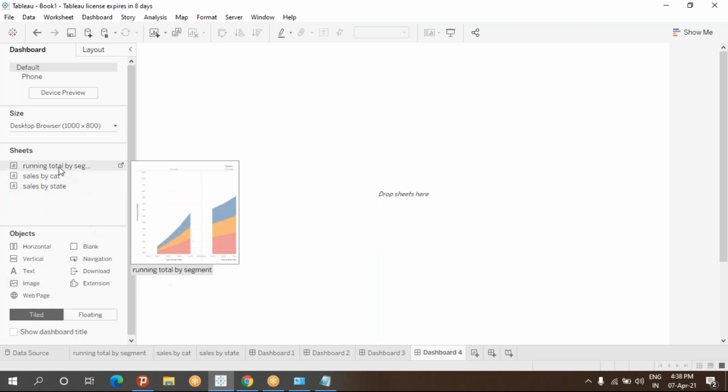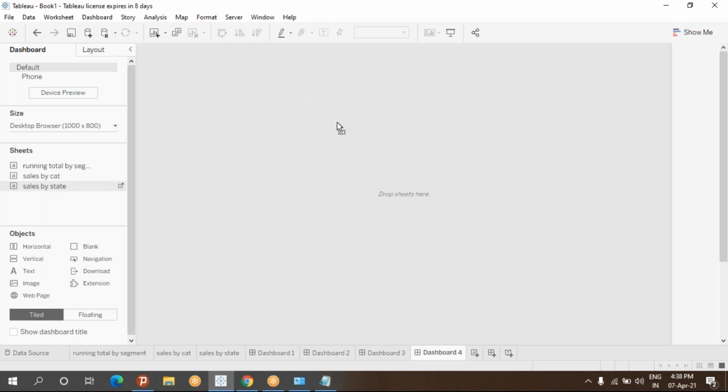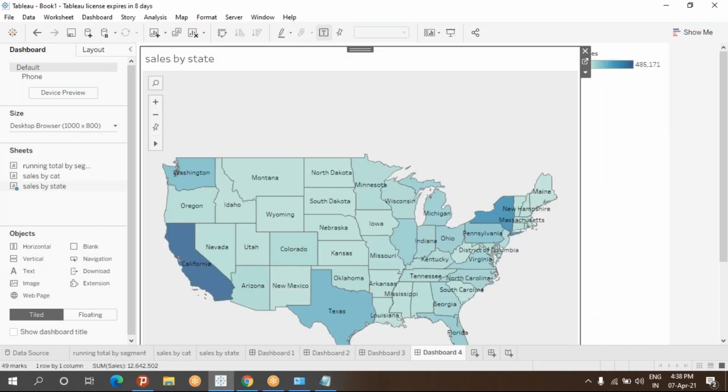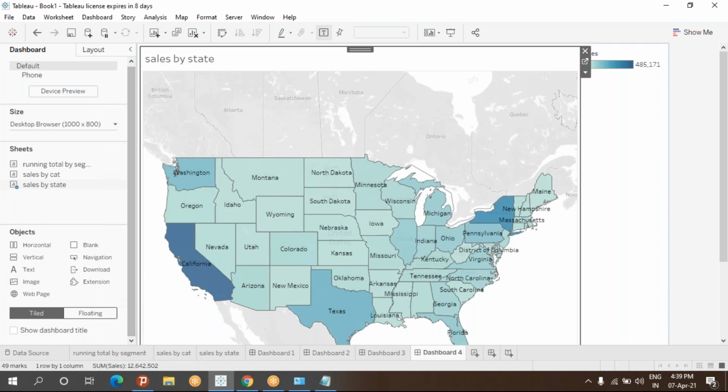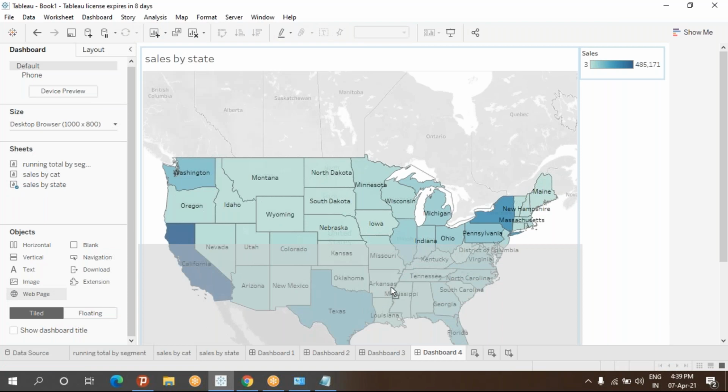I'll take tiled sales by state. I'll drag and drop it. Okay. It came like this. And then on the downside, I will take web page and I'll drag and drop it in the bottom here.